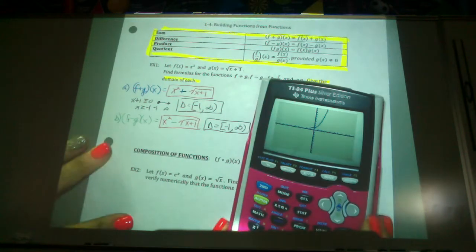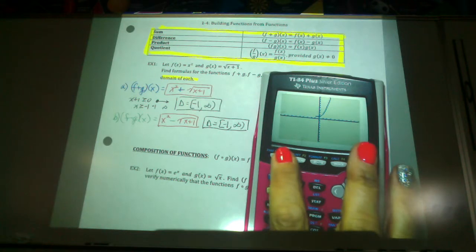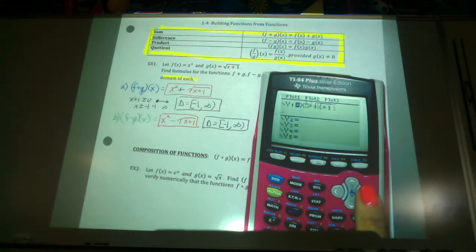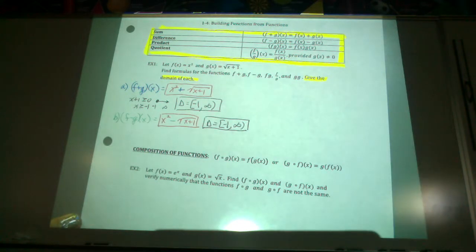So this was the original graph for the plus. Let's see how that graph changes for a minus in between. The graph becomes much more like a J swing, right? And it's lower. But doesn't it still start at negative 1? Sure enough. So the domain has not changed. So then let's look at